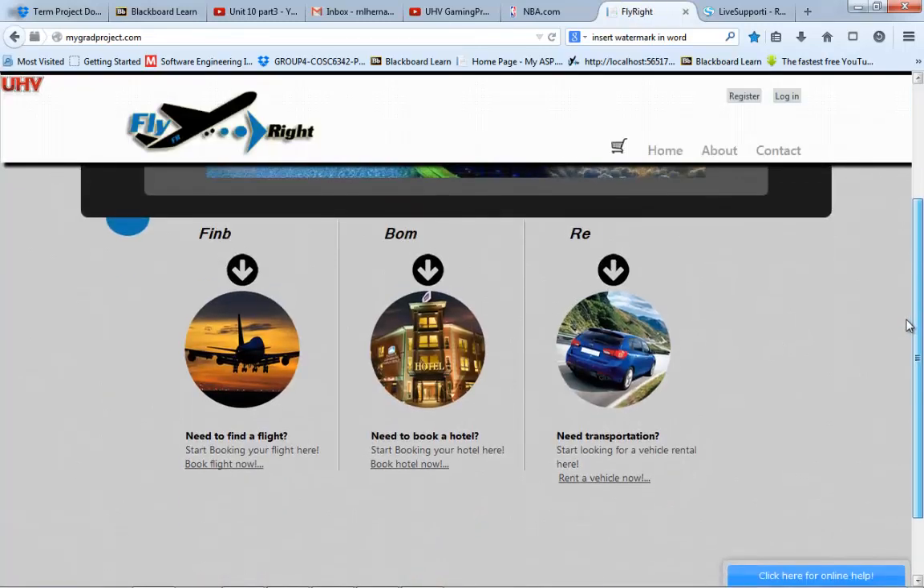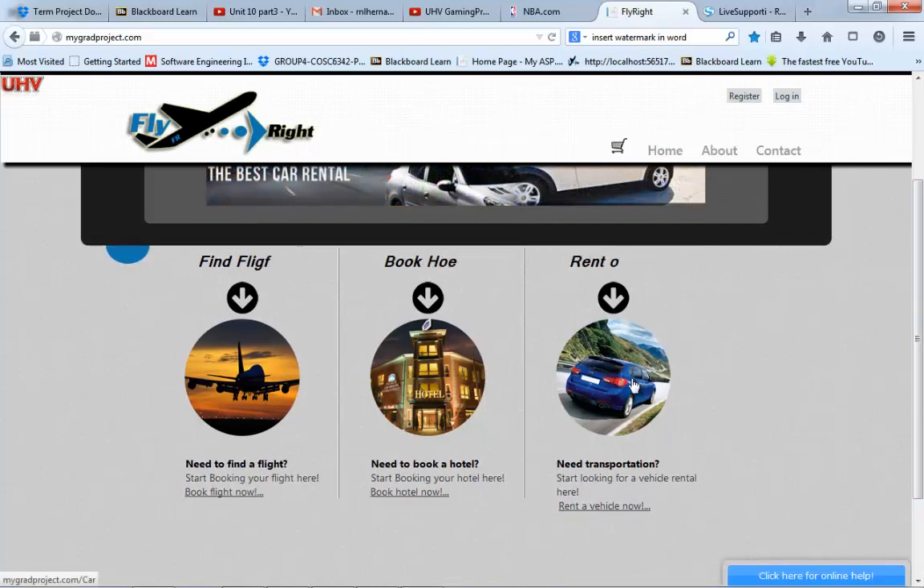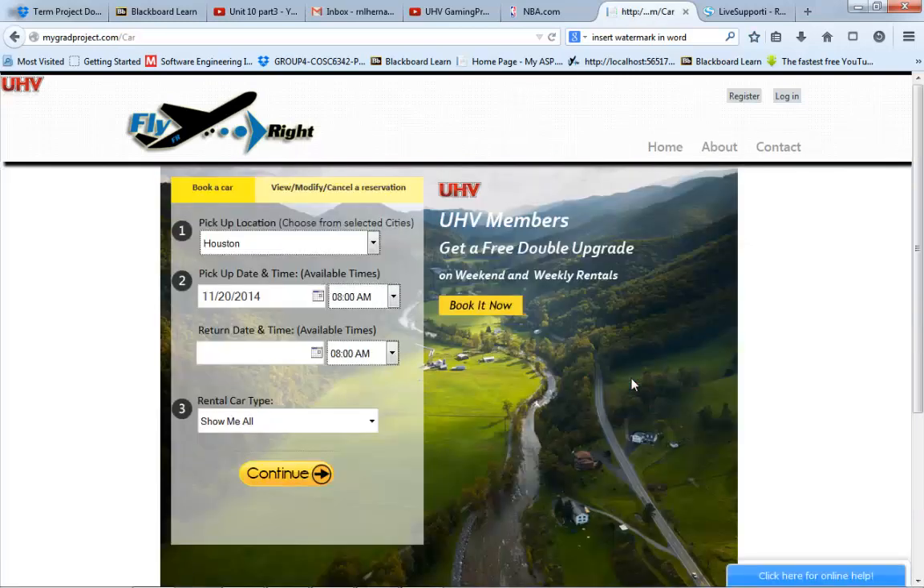We also implemented renting vehicles. So let's go back to the home screen and select rent vehicle. And this will bring us the form to select a vehicle. This form is very basic. We've limited it to search for rental vehicles from 4 cities: Houston, Dallas, Austin, and San Antonio. Of course, we could have added more, but just for simplicity,